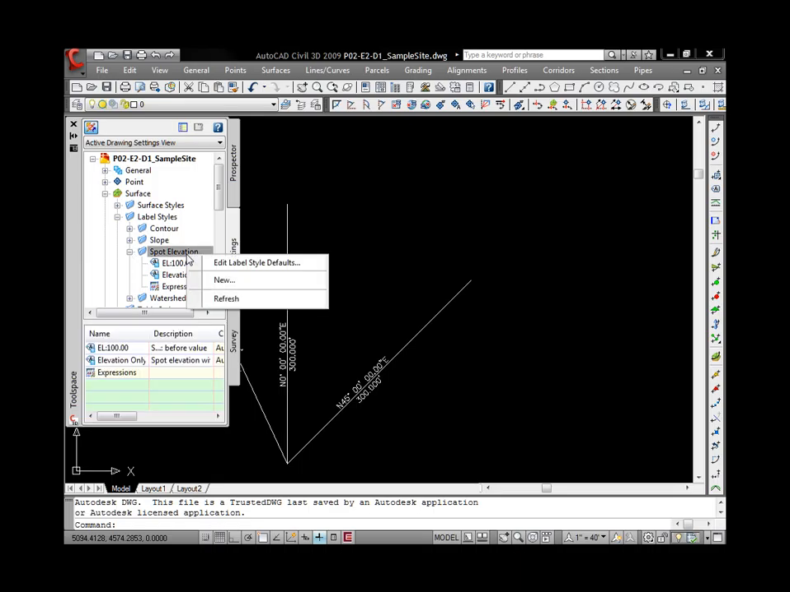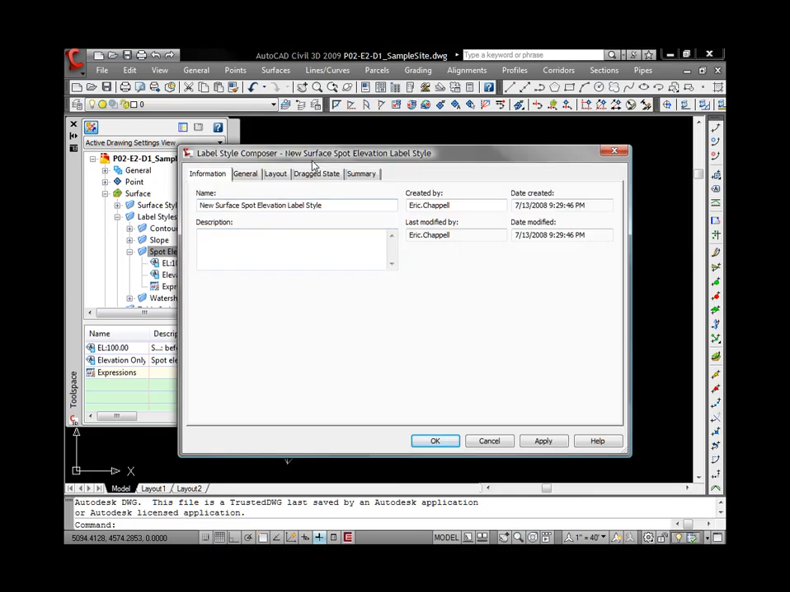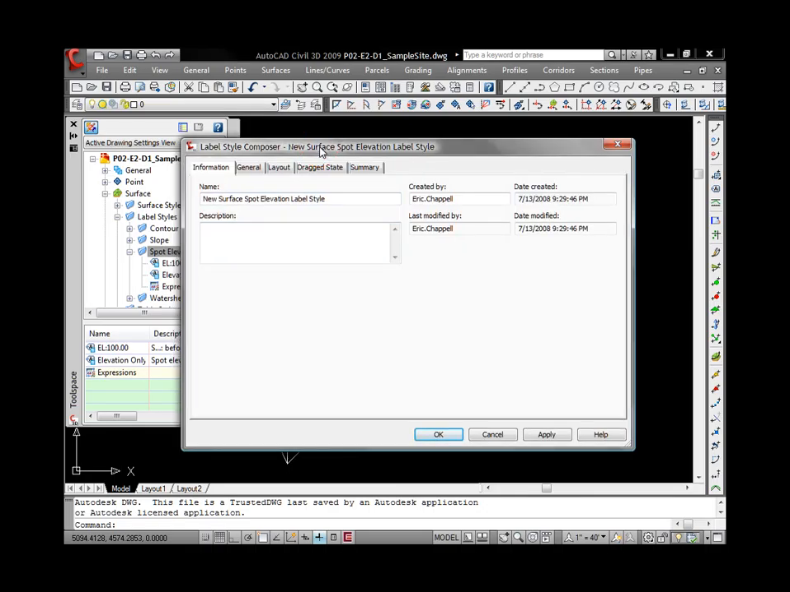So we'll right-click the Spot Elevation category and say New, and that's going to bring up our Label Style Composer dialog. And as you can see, there are lots of tabs here, lots of things that we can do. The first place we're going to go is the Information tab, where we'll set the name of our style. And according to the steps in the book, we're going to call it JWEG, and that will be the name